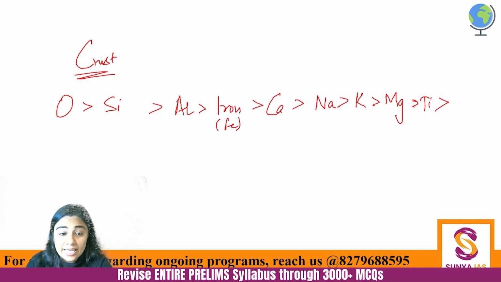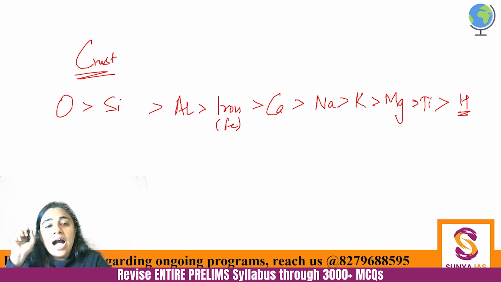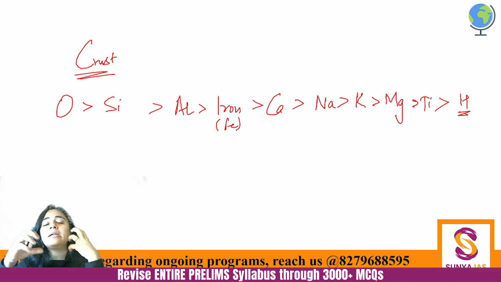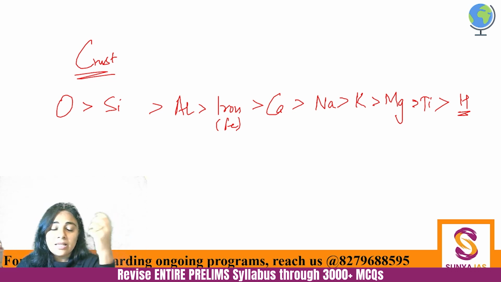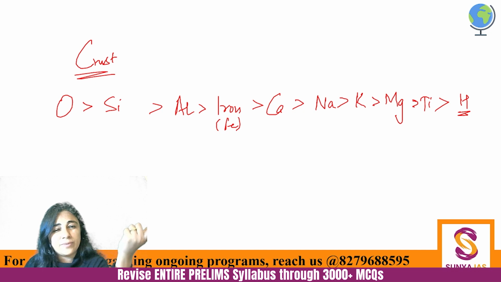टाइटेनियम पे सवाल आते हैं कई बार. Titanium is a very important mineral. And then there is hydrogen. So highest is oxygen and the least is hydrogen. ठीक है, हाइड्रोजन हमारा in our atmosphere hydrogen is there, but it's not the highest found gas in the oxygen